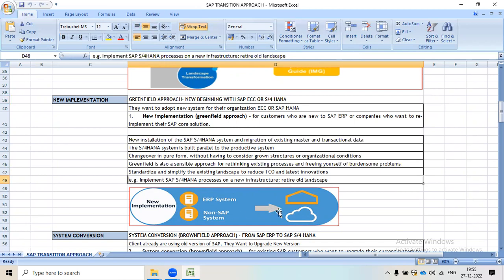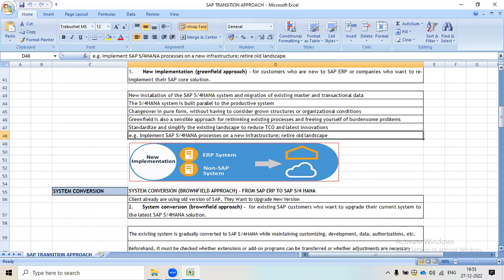And now from this picture you can understand what the landscape is. Whether you are using an ERP system or a new SAP system, you can adopt it on premises as well as in the cloud. So it totally depends on the party, the company or the client who is going to implement SAP for their organization.